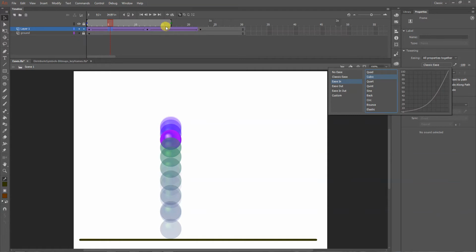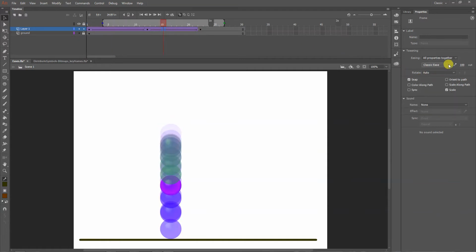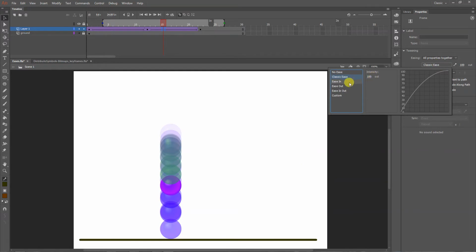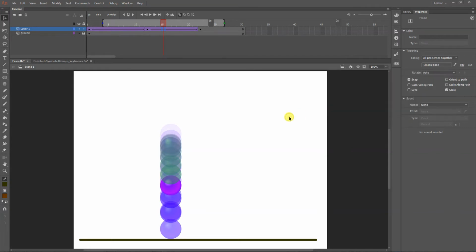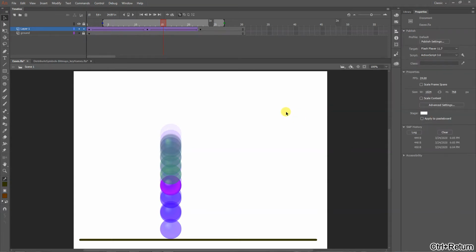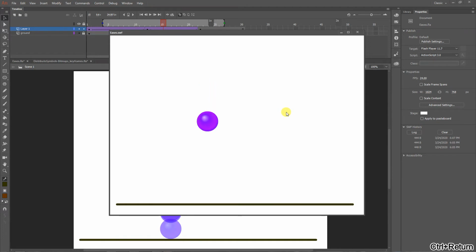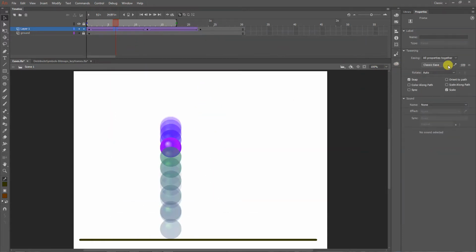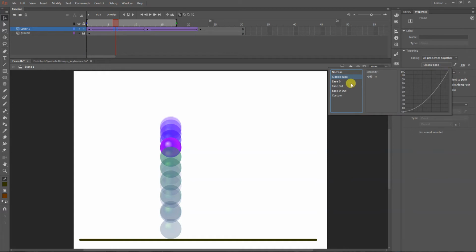So if I change this to cubic, and I change the other one, whoops, nope, don't click the pencil. We're not there yet. By the way, this one needs to be ease out. And I change that to cubic. See how there's even more of a fall off? And I could keep going. Oh, it didn't register.